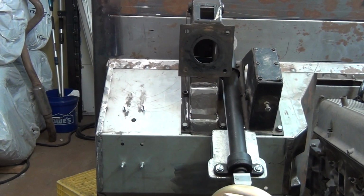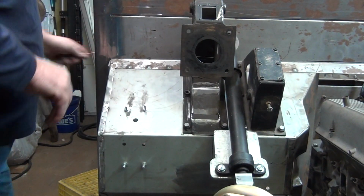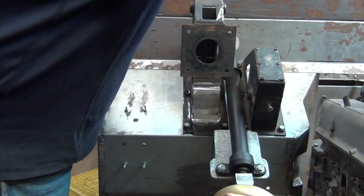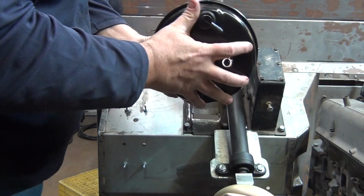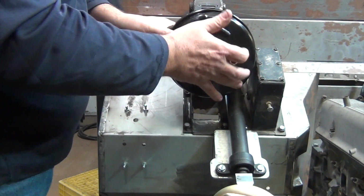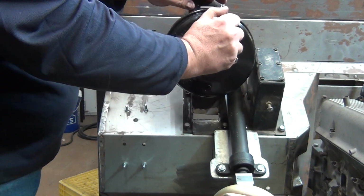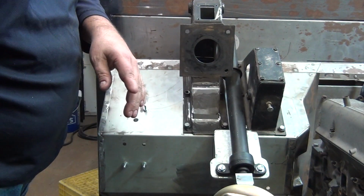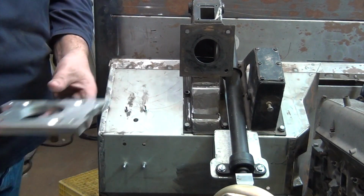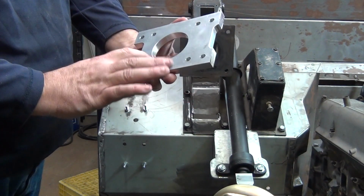Alright, the next step is we have our brake booster. We are going to start with a Series 3 booster, which will mount like that. Now, we are also going to make allocations for a Defender 50 type brake booster, but we did need to make this adapter